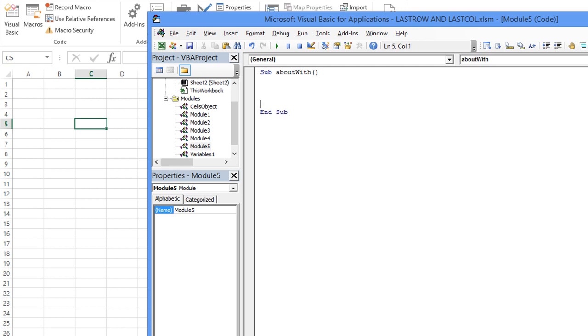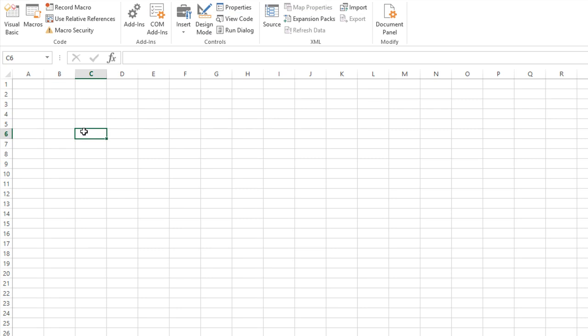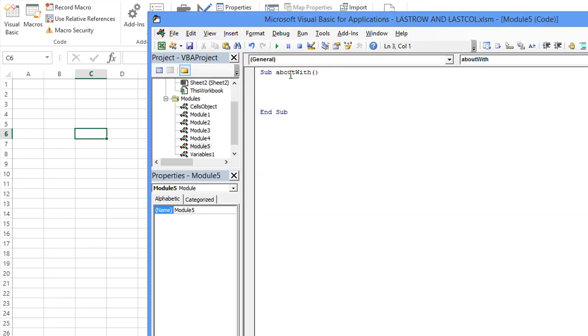Okay, so you may see this, especially when you're recording your own macro. Excel will do its own thing, and so if there's a lot of commands to use with the same object, it may just use With. So for example, let's do a whole bunch of things to cell C6 like we were talking about a second ago. So instead of saying